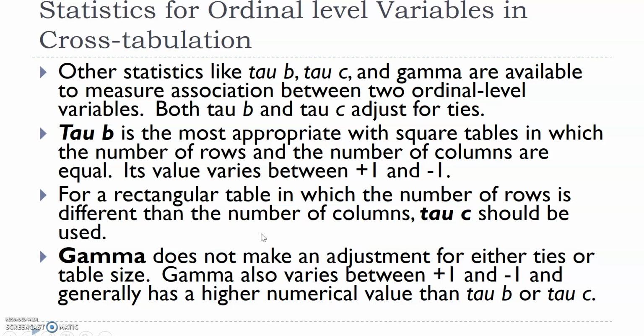If I'm trying to find out the relationship between two ordinal level variables, there are other coefficients like tau b, tau c, and gamma. Tau b is basically for a square table, that means the numbers of rows and columns are the same. Tau c is for a rectangular table where the numbers of rows and columns are different. So that's all about cross tabulation and